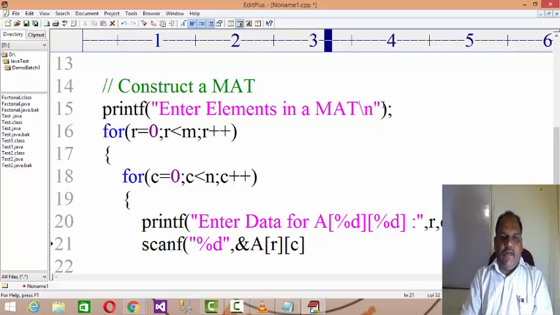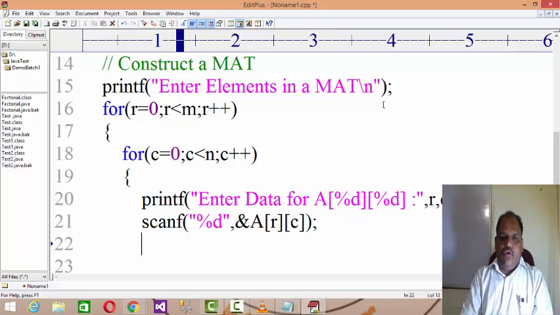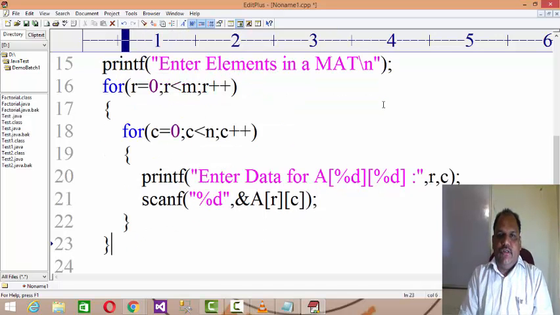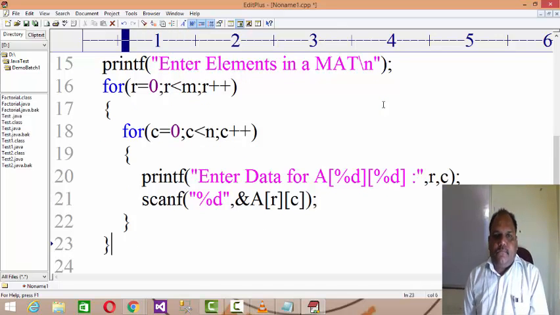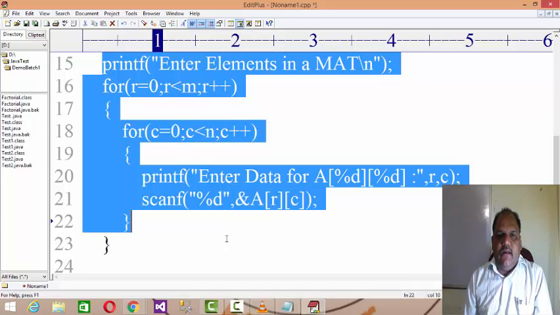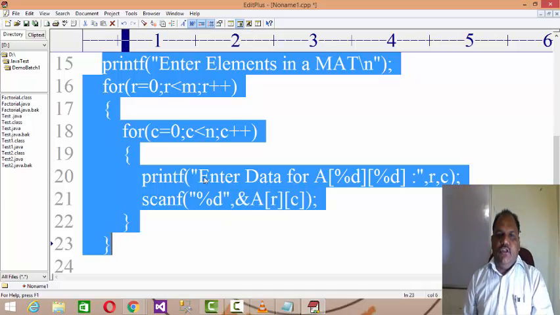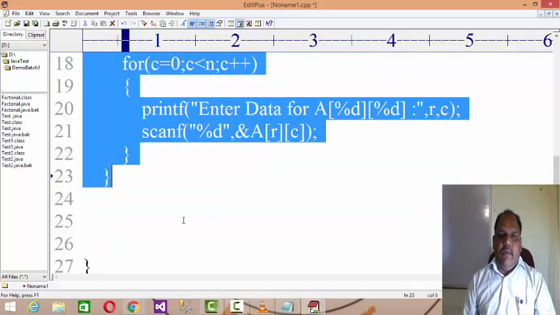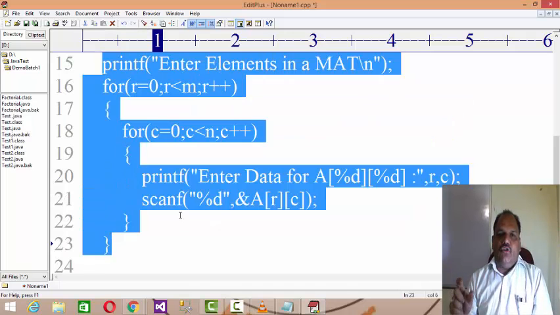Hope you understand that. And in this manner the column loop ends and the row loop ends. Now this particular logic will read the data of matrix elements and assign them to the matrix, right? So in this manner, in memory, a matrix of size m cross n will be formed, and by using this logic you can input data into that matrix, right?